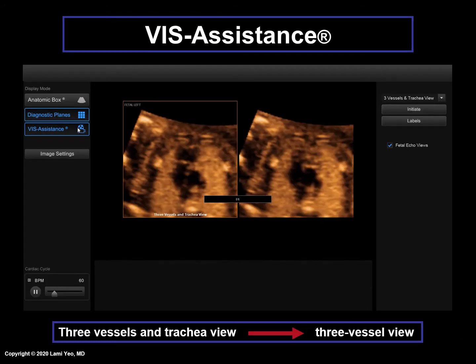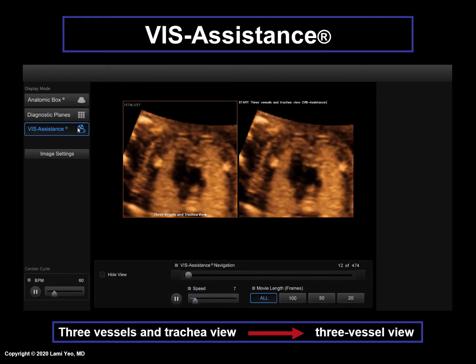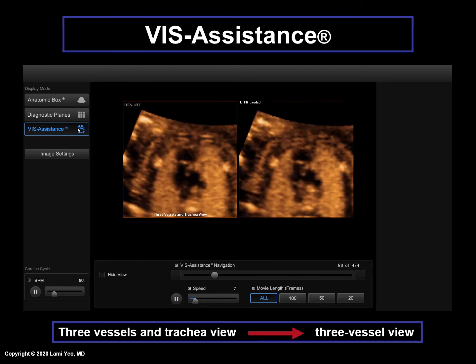To review again, here is an example of VISA for the 3 vessels and trachea view. The original diagnostic plane successfully obtained by FINE is shown in the left image. However, as the VISA video clip plays on the right side, please notice that the image begins to change automatically into the 3-vessel view through navigational movements of FINE and not by the operator.